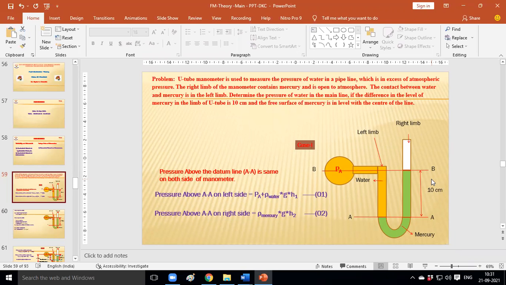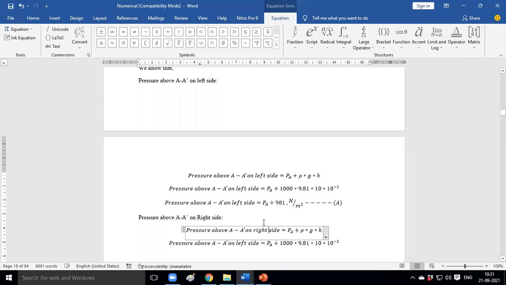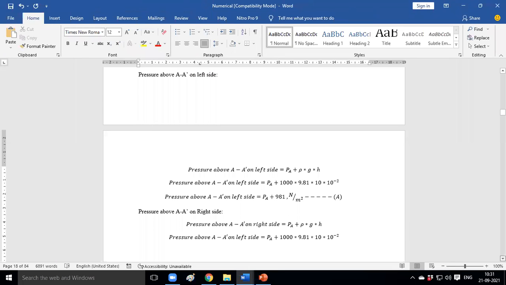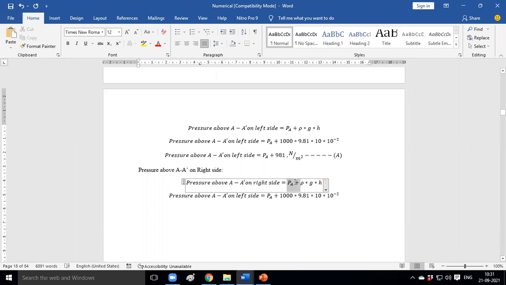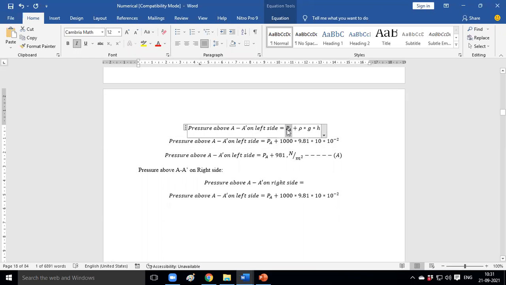Which fluid? Mercury. So we know the properties of mercury, so we need to put the properties. Before putting the values, we need to write the equation. What will be the equation? We need to insert P again. Is it required? No, sir. Not required. Then which equation do we need to write? Only rho g h. Only write the equation of rho g h.